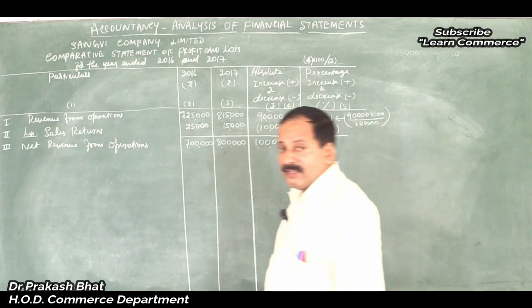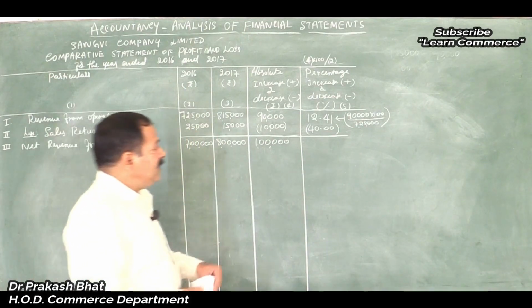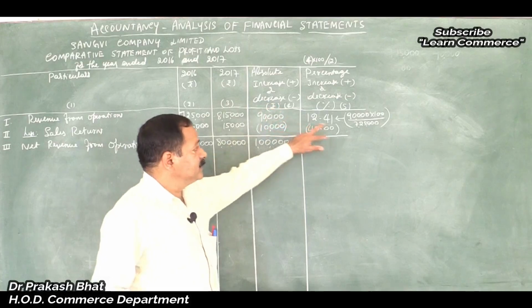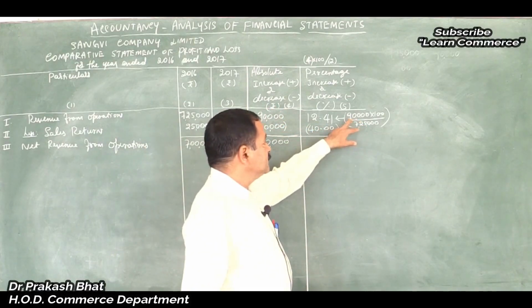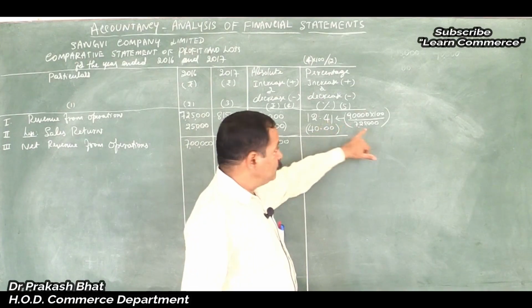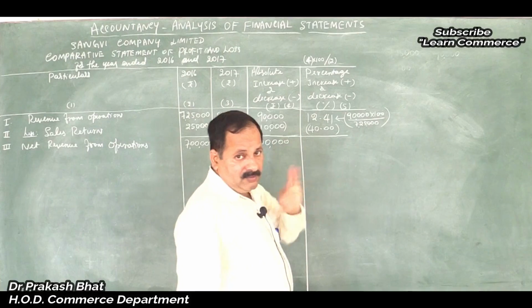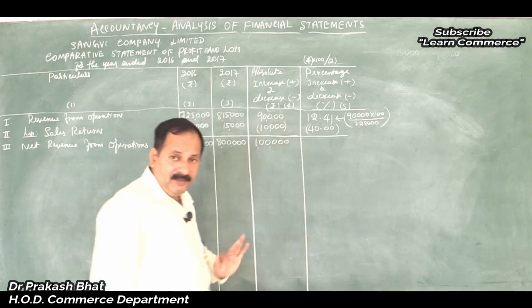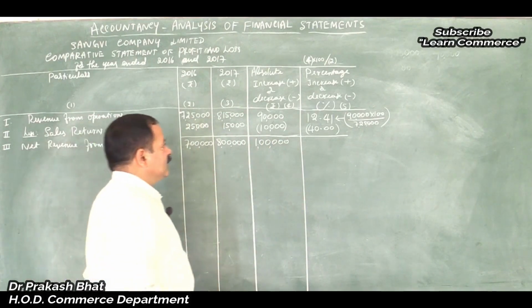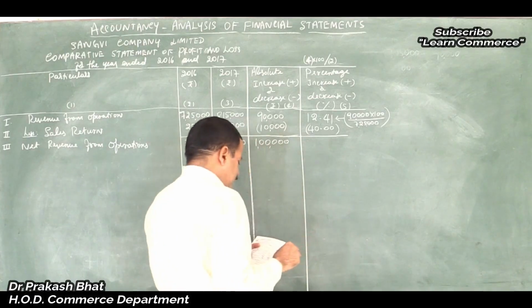In the exam, you need not write this. If you write also, no problem. But maintain a gap between the items, because when you write like this it becomes common for both. So be careful, maintain a gap if you want to show this calculation. If you show this, it's well and good. Nothing wrong in that. Clear?